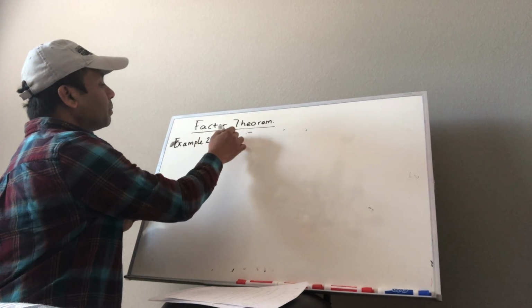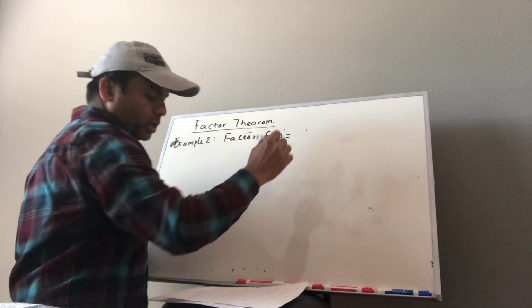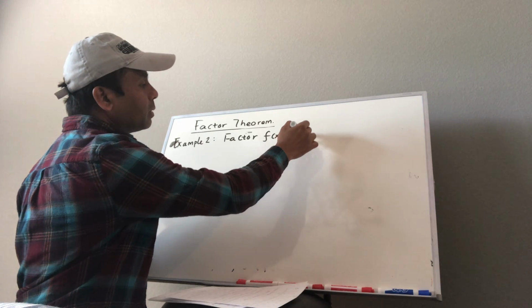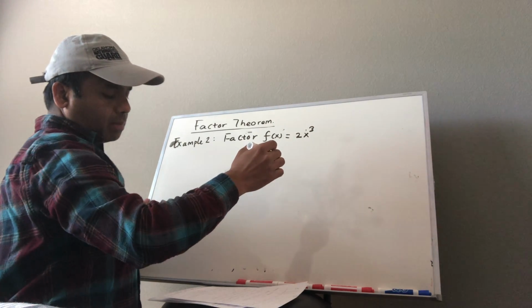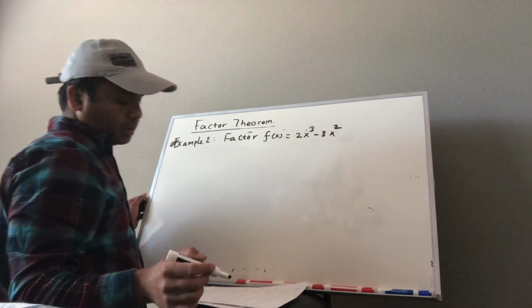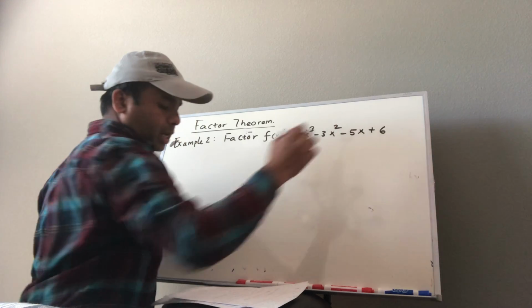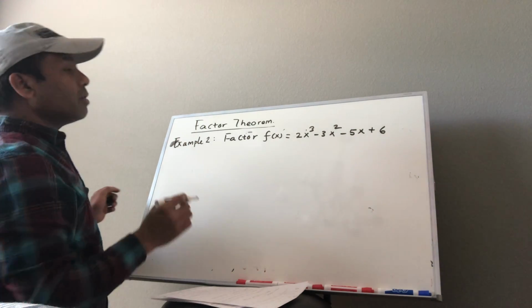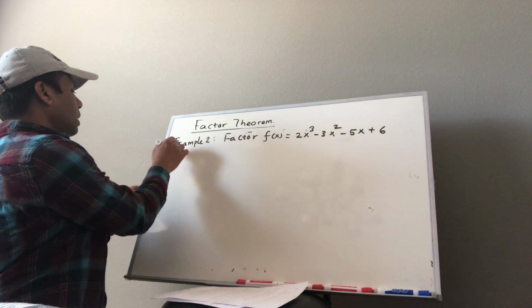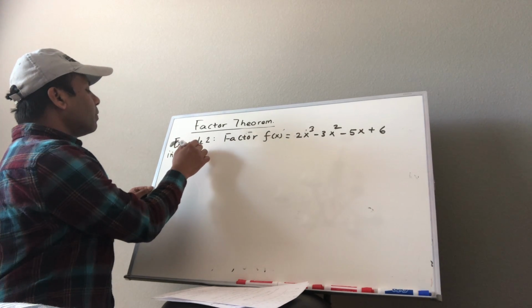Factor f(x) equals 2x cubed minus 3x squared minus 5x plus 6 into linear factors,